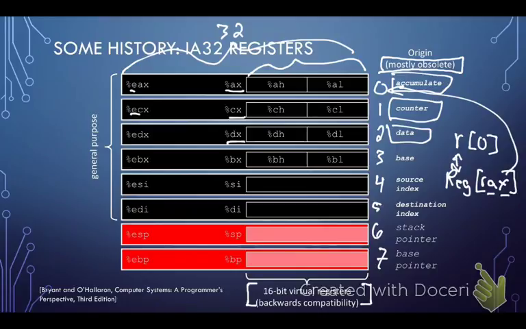Also, just a quick reminder, this lower 16 bits, this section of the registers here, 16 bits were the original word size for the x86, and so 16 bits is considered a word in their vernacular, and 32 bits would be a double word, often referred to with an L, I think representing long. So if we see an L in an x86 instruction, we mean then 32 bits.